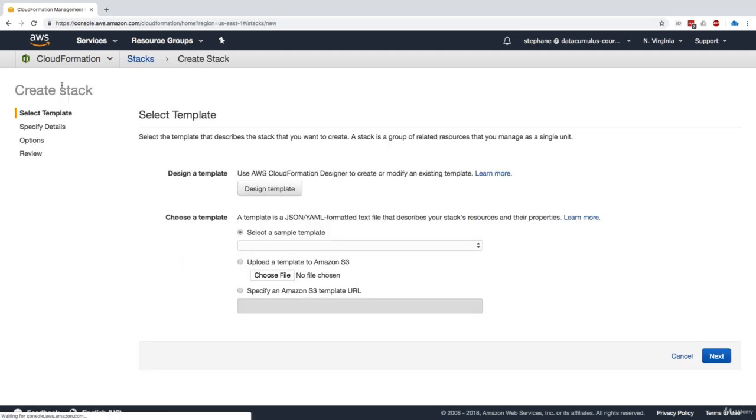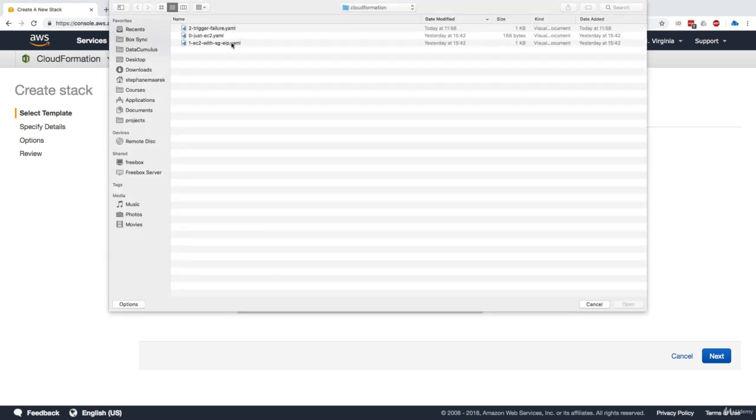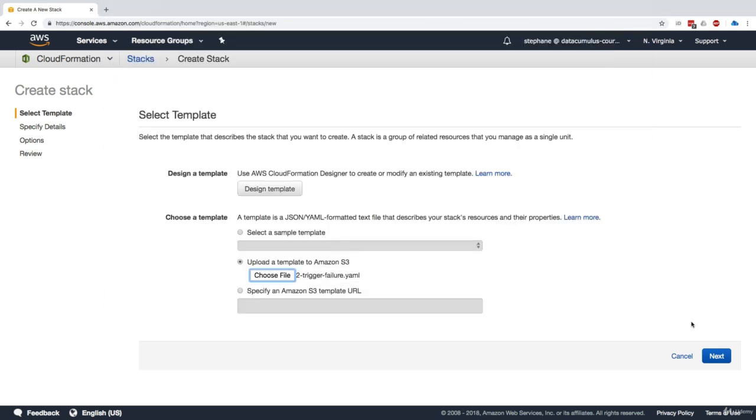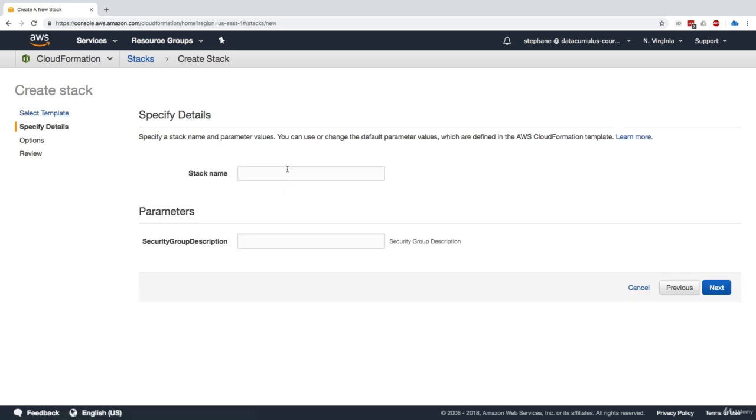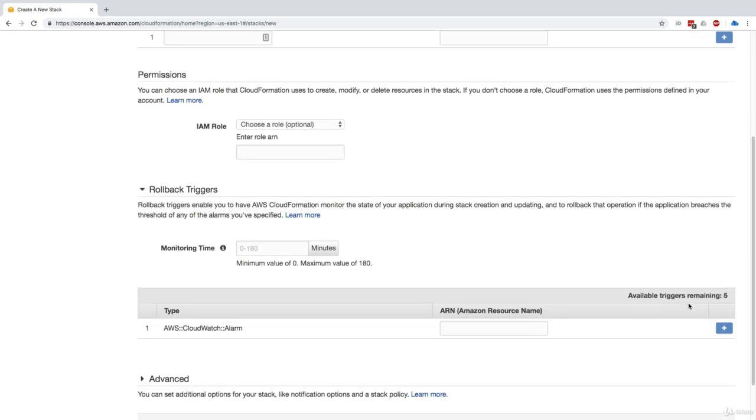Now, if you try to create a stack straight from that failing template, let's give it a try. I'll select my failing template, click on next, and call it create failure stack. I'll just put whatever for the security group description. Click on next.